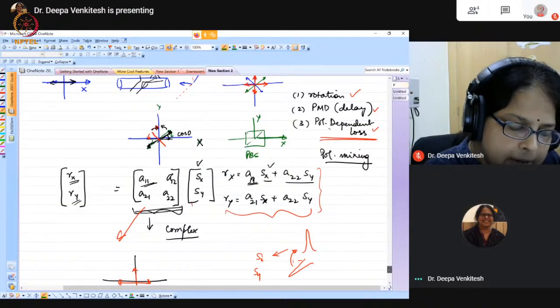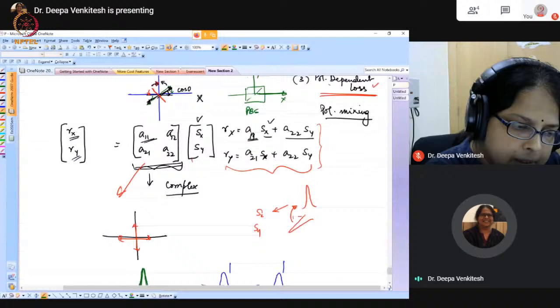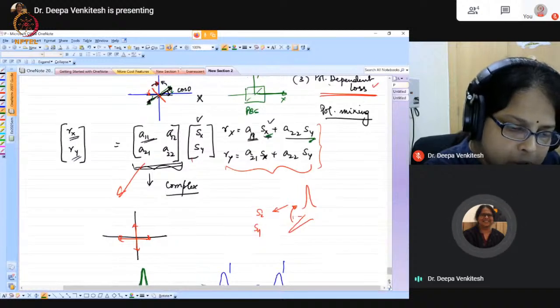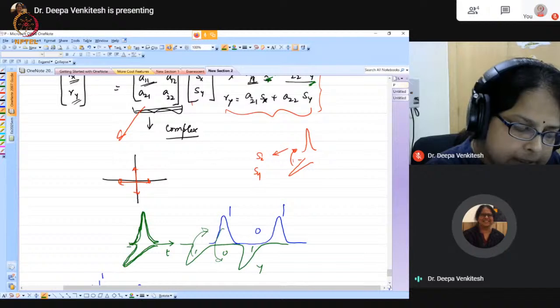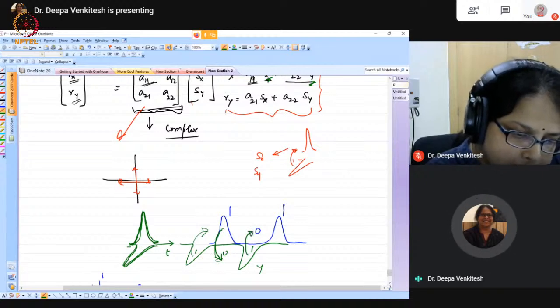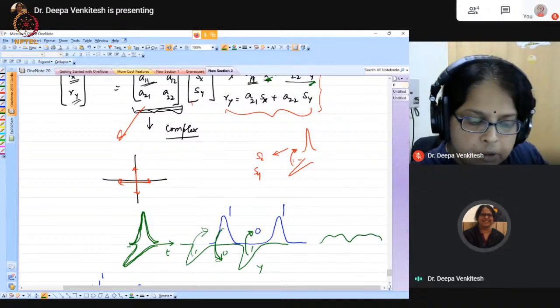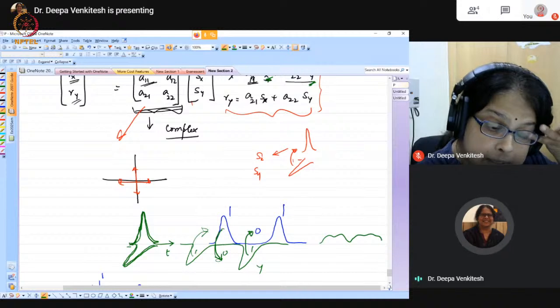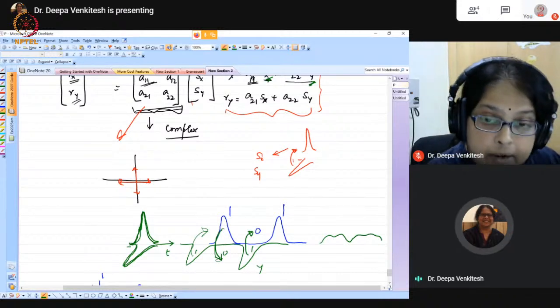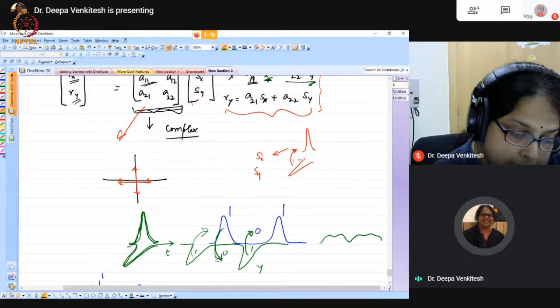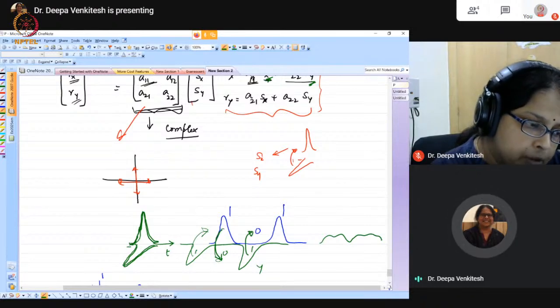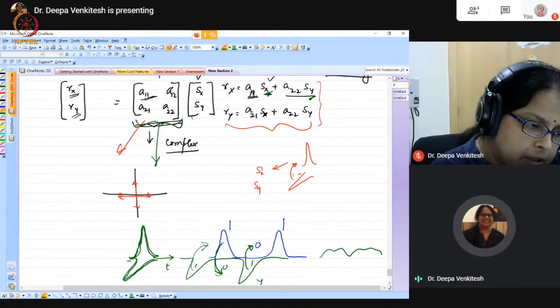What you get is Rx is A11, a component of x and also a component of y. So in that case, this component appears here and this component appears here. So what you will end up getting is something like this. So you will start misreading the signals even after you decompose it into the correct polarization, because when you decompose, you are trying to use a transform matrix like this,